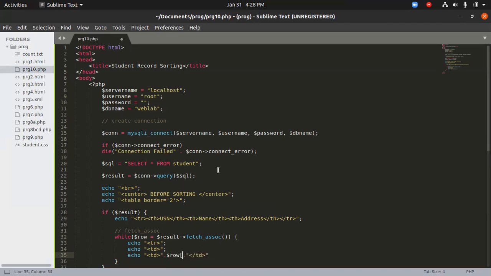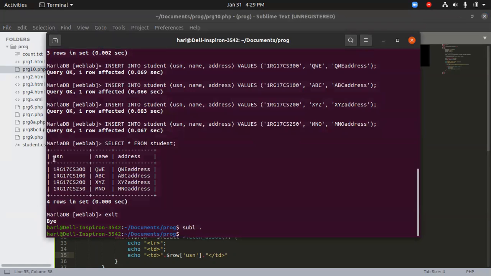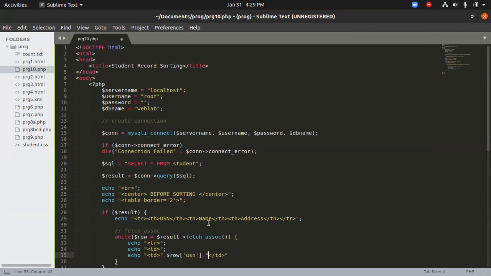How we access the value is, we have a row in an array. We access them by indexes. So similarly, we access the value by using the field name. That is, we gave USN as a field name here. So we're going to use that and access the particular index at the particular field. So that's how we did it.